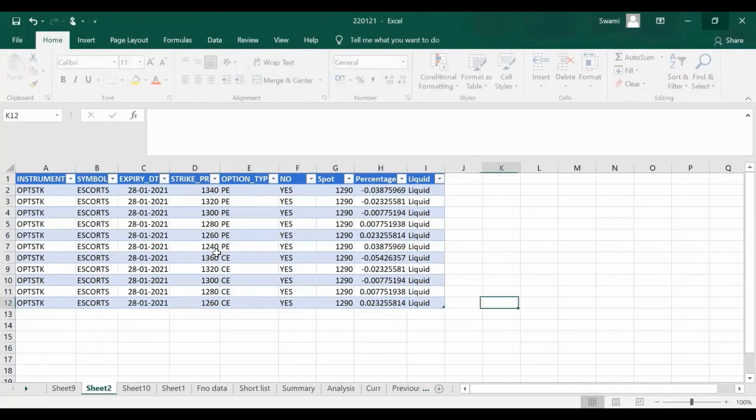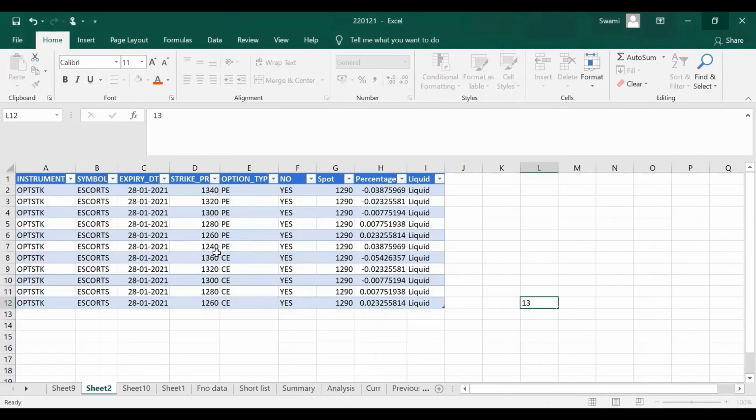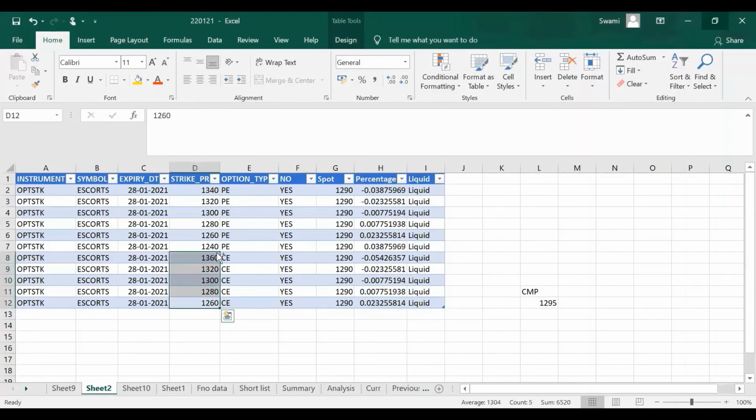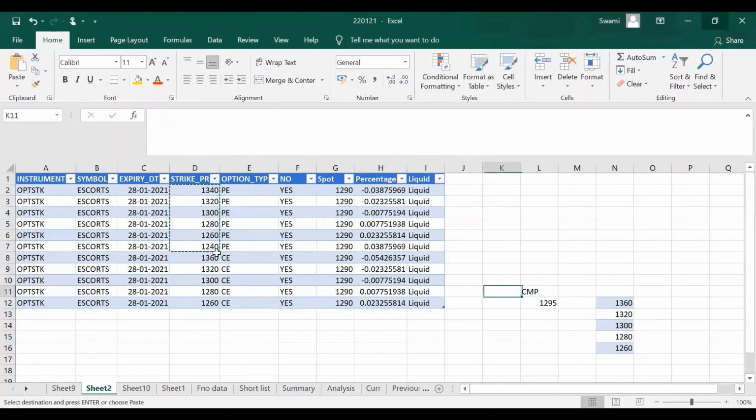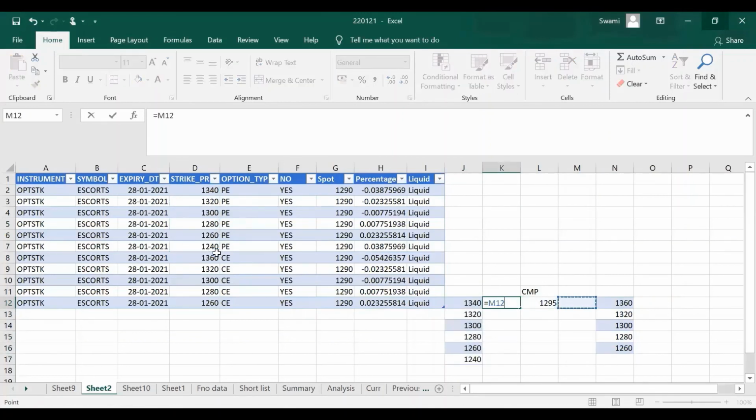Say for example here 1,300, now 95 is the CMP, and the calls which are aggressively traded are this, and the puts which have been traded here are this, which, if you look into the difference,